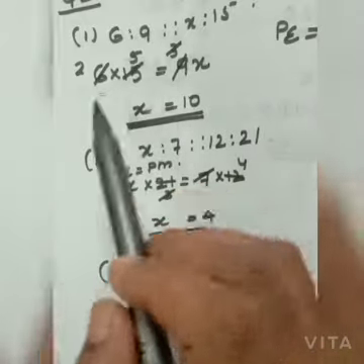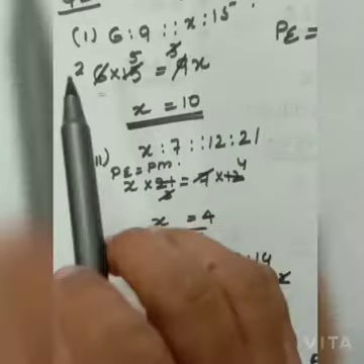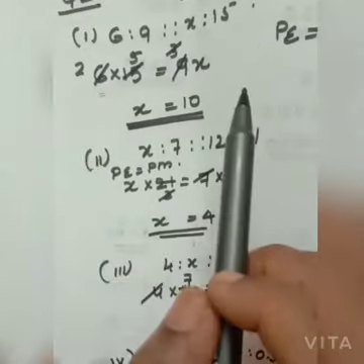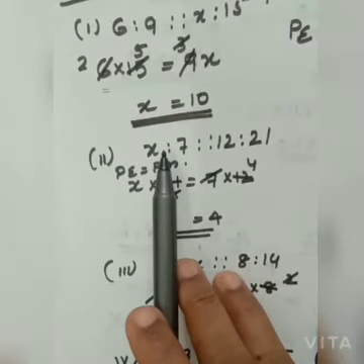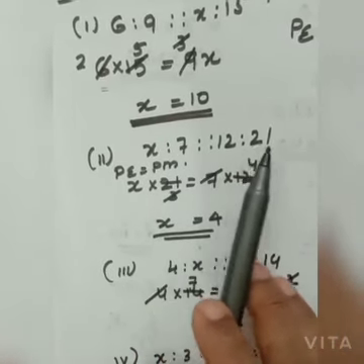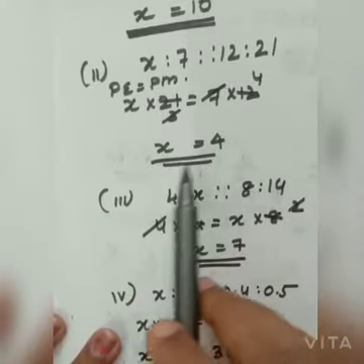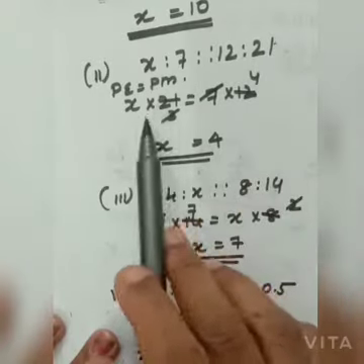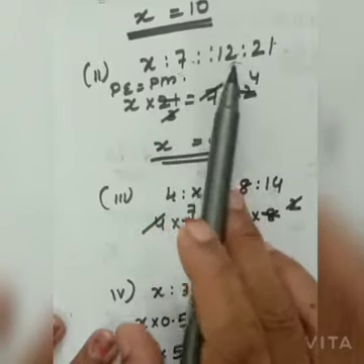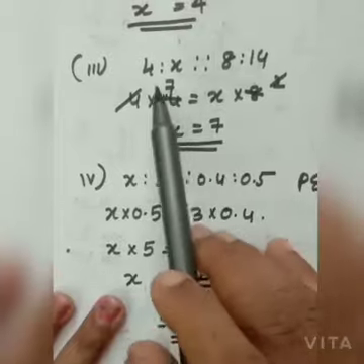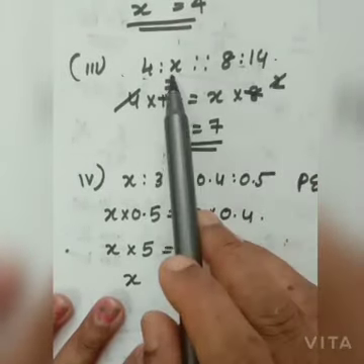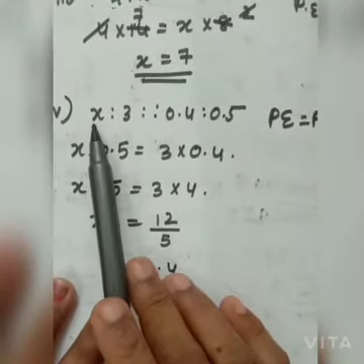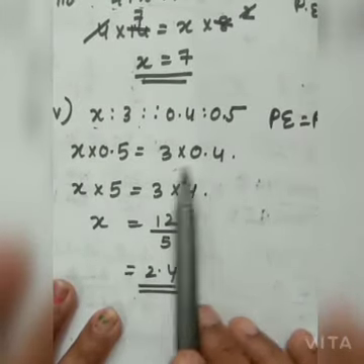Left hand, right hand, when you are cutting down, you have to be very much aware: numerator to numerator you will get, denominator to denominator you have to cut out. Here also x ratio 7, proportion 12 ratio 21. By cutting, what you will get? x equal to 4. Product of extremes equal to product of means. Means meaning middle. Same only. Here also product of extremes equal to product of means. x equal to 7. Product of extremes equal to product of means.